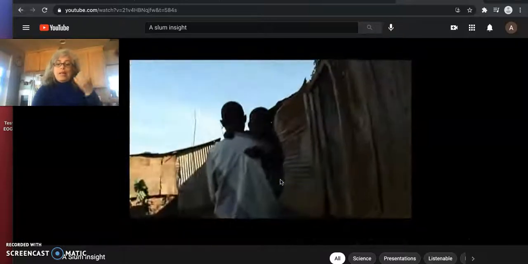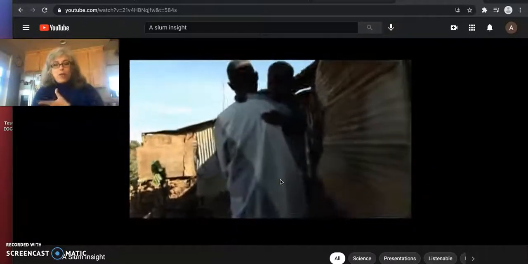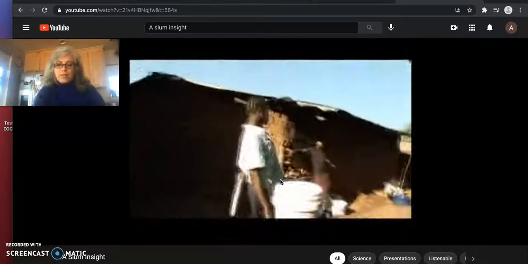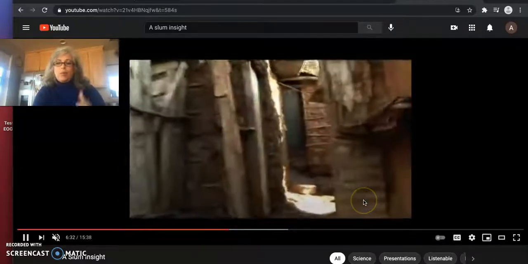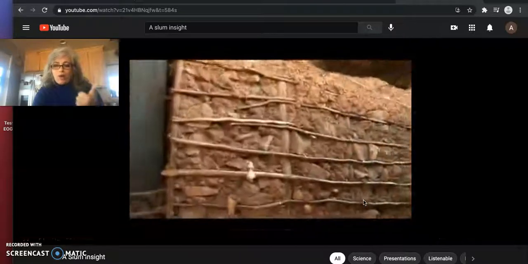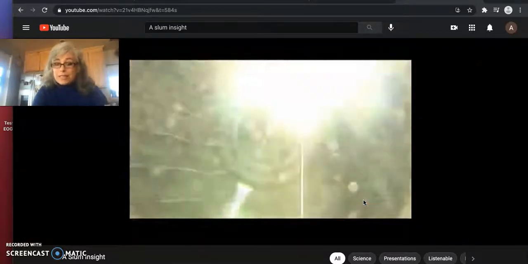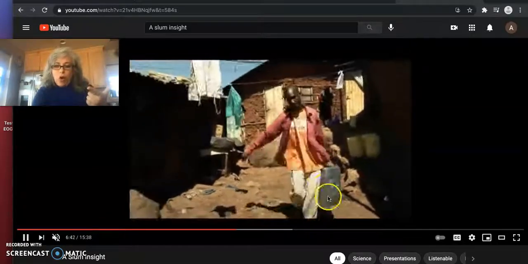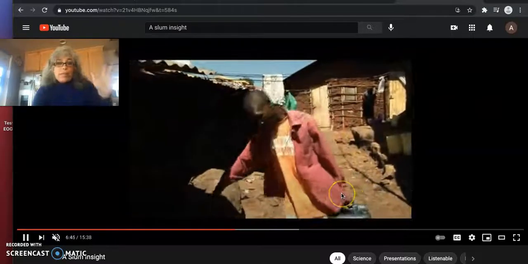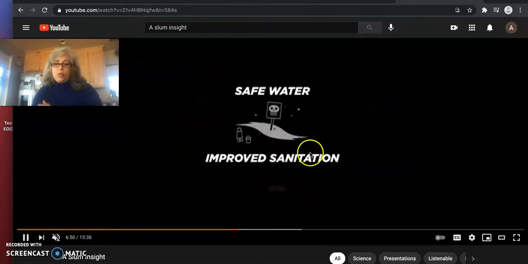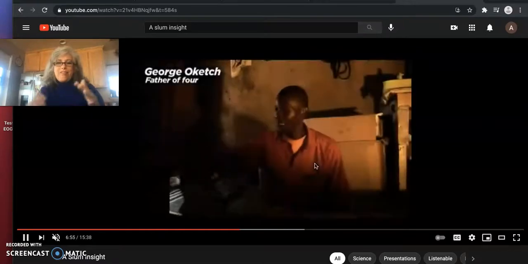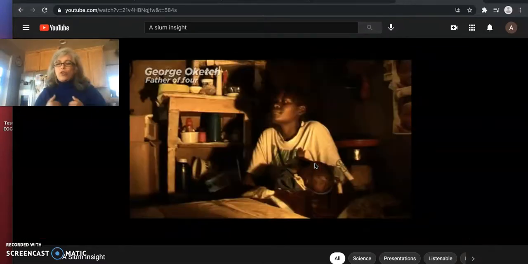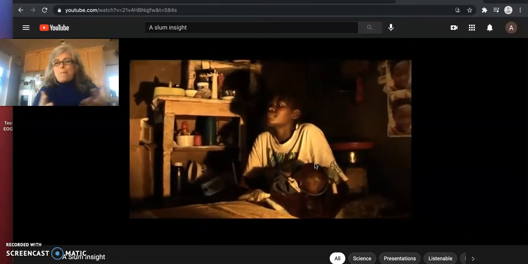Now we're going to see, it's bad enough we saw that garbage mountain in the previous section of this, but now we're going to see how clean water matters to people, how it matters to human development, and how proper sanitation matters. So this man has a life chance for clean water. He's hauling it right there from someplace I don't know, but he's hauling it to his family. So they have a life chance for clean water. But if you don't have sanitation that keeps feces and disgusting things out of your home, the clean water isn't going to matter.